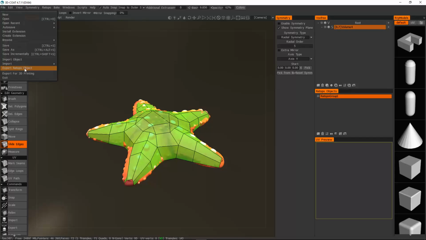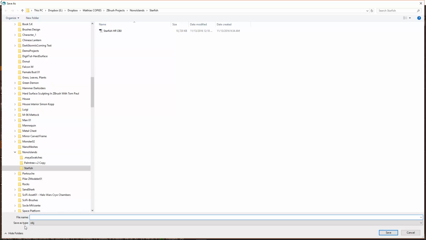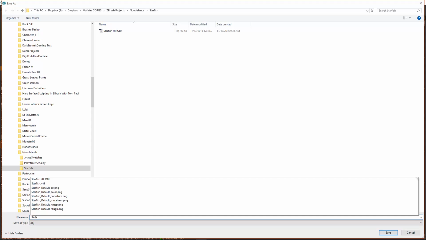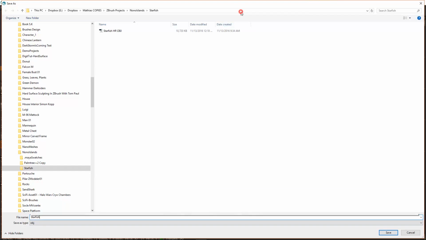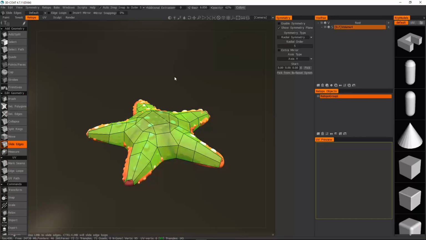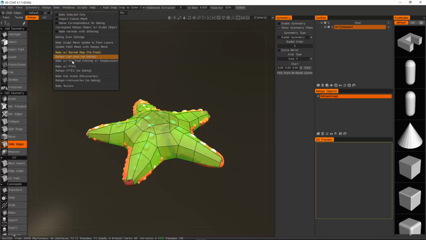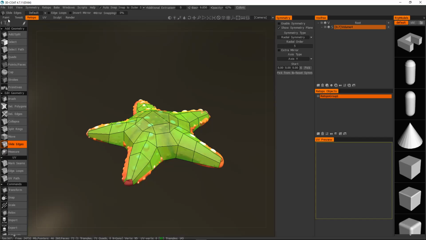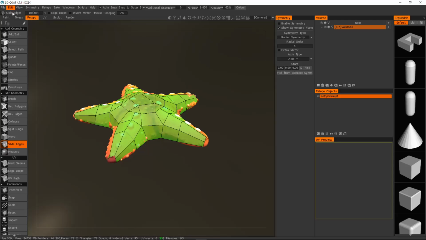When you're done, you export the retopology object. Let's say I'm going to call that starfish. So I usually do this. One is HP, high poly, and one is the same object, same name, but without the HP. It's the Retopo. All right. There is a way to export from here, I think, export the Retopo from the Retopo room to the paint room and so on, to jump from one room to the other. I'm not very used to that. So